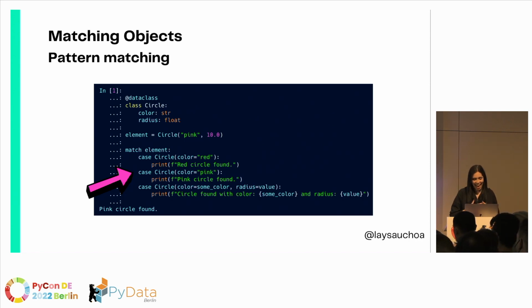Yeah, so you're going to be checking the subject. Here, what I want to tell you also is that this syntax is very similar to instantiating an object, but I don't want you to take it as wrong. What is happening behind the scenes is actually checking if this element is an instance of circle, and inside the instance, there is an element or attribute color. Is it equal to red? And then it will execute, for example, and so on and so forth. So although it's similar, it's not the same. And you will see some tricky cases that I will show you.